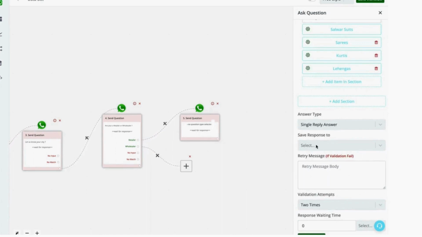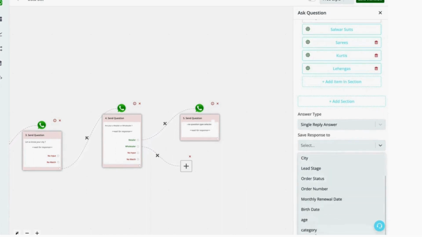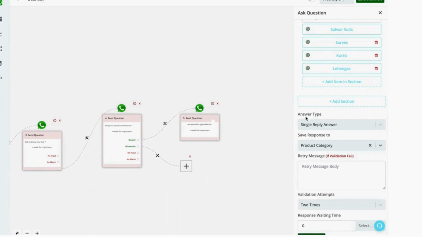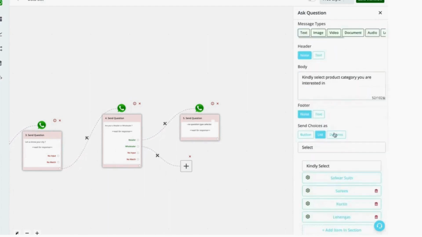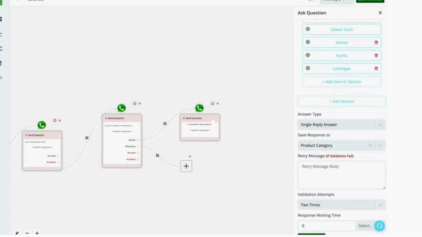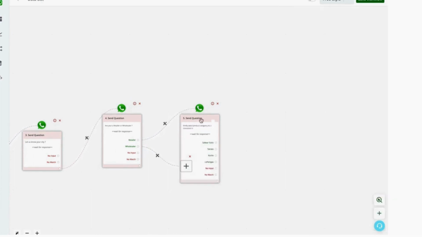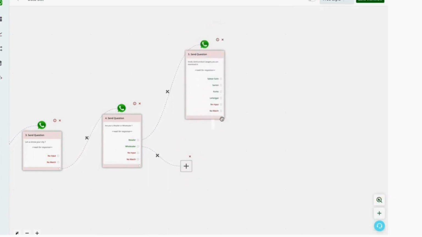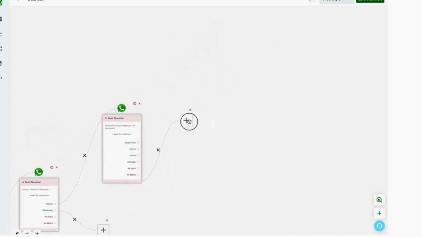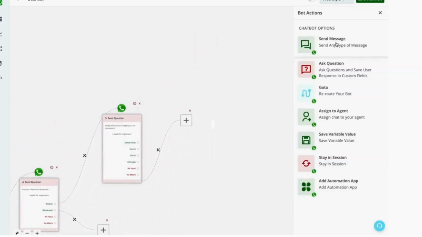And then I'll save this reply to product category. We have another option of multiple reply answer, but you can avoid it for now. We'll have a separate video on how to utilize this. So always use single reply answer if you're unsure. So I'll select this. The reply to this message will be product category, and I'll simply click on save response. Now here, whatever user replies in the next step, I simply want to say that